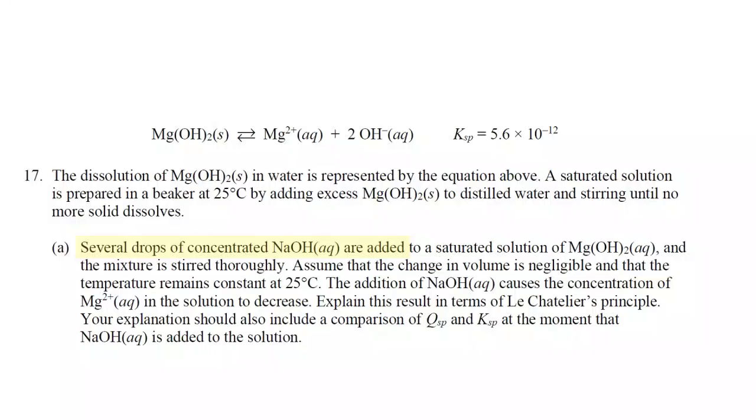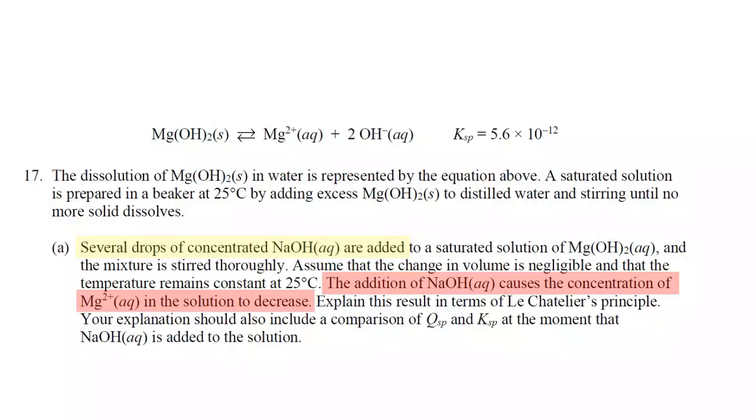Part A. Several drops of concentrated aqueous sodium hydroxide are added to a saturated solution of magnesium hydroxide, and the mixture is stirred thoroughly. Assume that the change in volume is negligible and that the temperature remains constant at 25 degrees Celsius. The addition of aqueous sodium hydroxide causes the concentration of magnesium ions in the solution to decrease. Explain this result in terms of Le Chatelier's principle. Your explanation should also include a comparison of QSP and KSP at the moment that the aqueous sodium hydroxide is